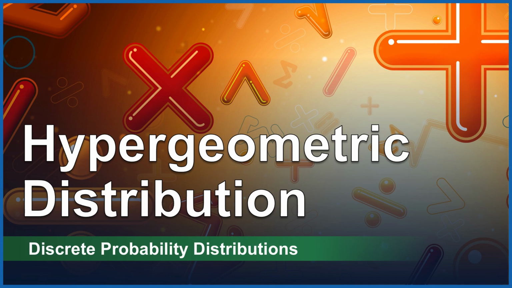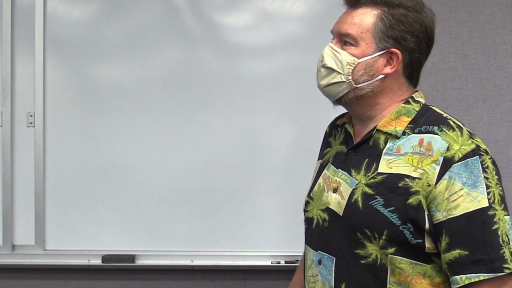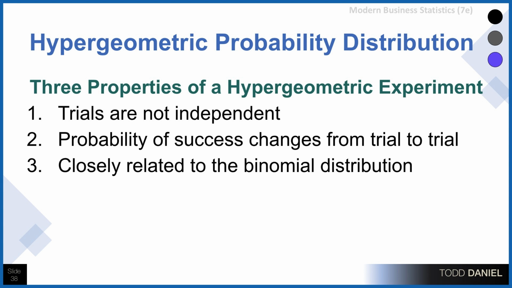And the last distribution that we're going to explore is the hypergeometric distribution. There are three properties that we would want to know about. Number one, we would use the hypergeometric probability distribution when the trials are not independent, when one trial is somehow influencing another, and/or when the probability of success changes from one trial to the next. So in this way, it is closely related to the binomial distribution, but it is one that we can use in circumstances where the binomial distribution assumptions have not been met.